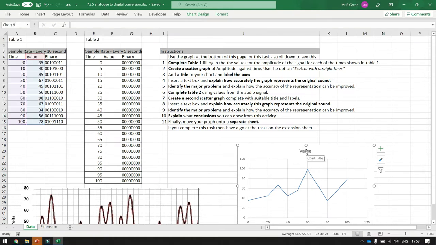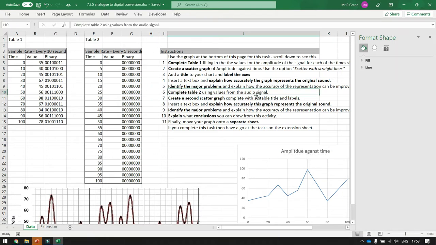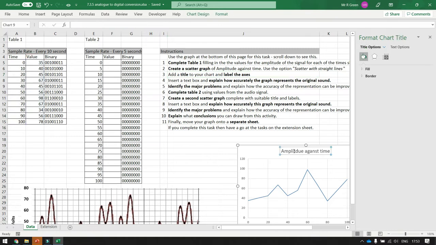But anyway, my chart's up here, rather than just say value, I want to say this is amplitude against time. And what I'm using for that name here is, it says on the instructions, create a scatter graph of amplitude against time. So that's the words I've used. Now, I need to label the axis. I haven't done that yet. So I'm going to fix my spelling error here. First of all,